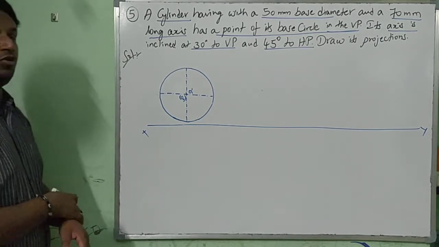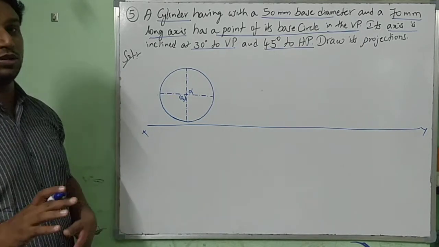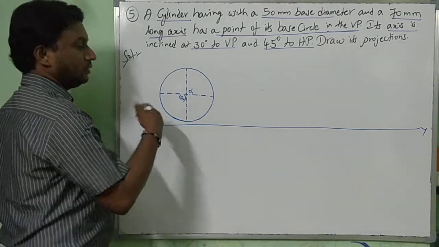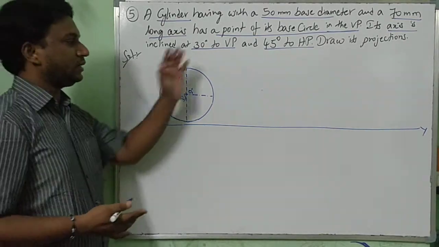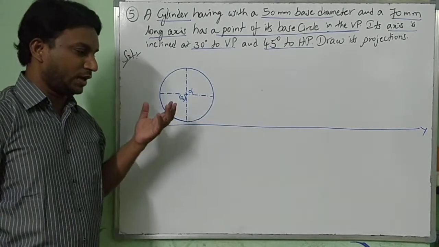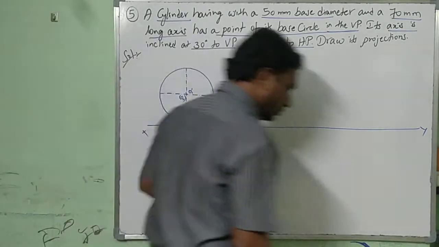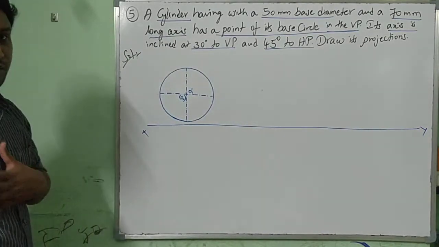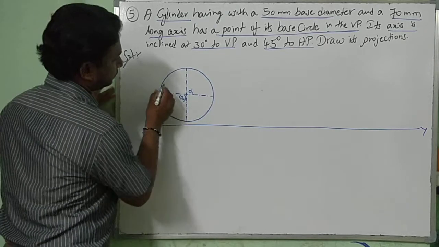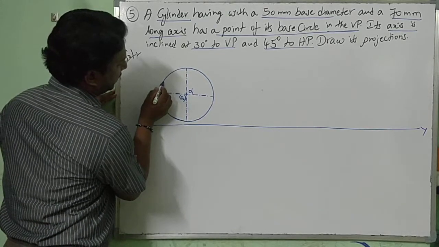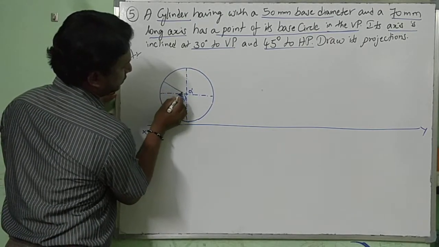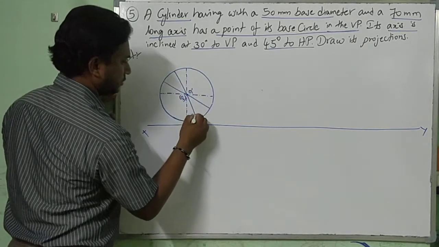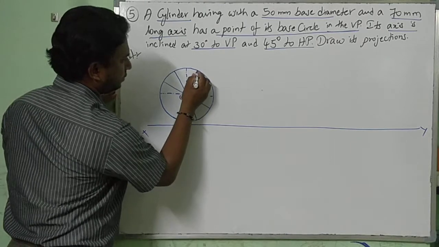On the bottom side, we need 2, right? Why? Because to find out the diminishing length and apparent angle. As usual, when a circle is turned to some angle it will look like an ellipse. So for that reason we are supposed to divide the circle. Divide the circle into how many parts for a good look of the ellipse? 12 equal parts. So try to divide the circle. It will be a lengthy problem.